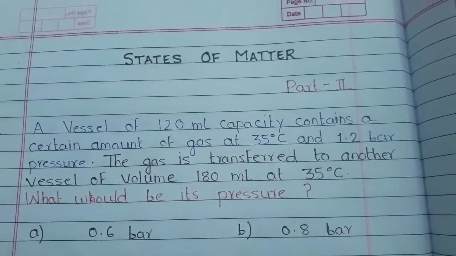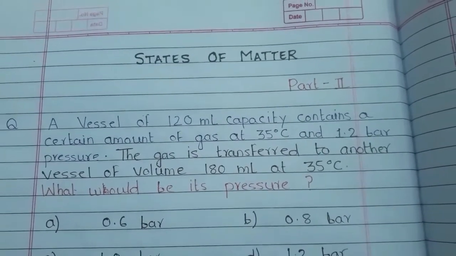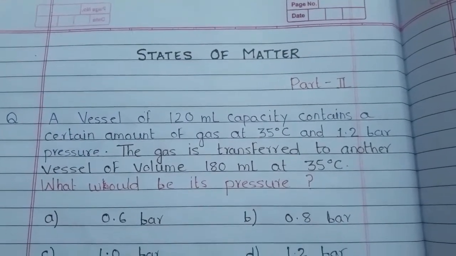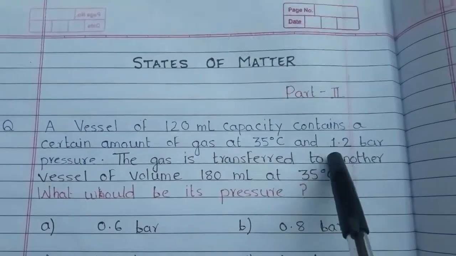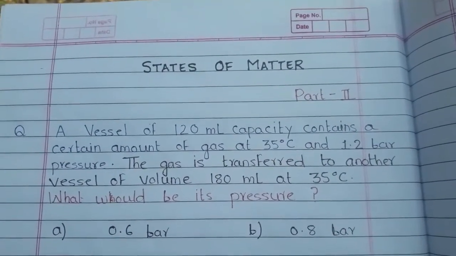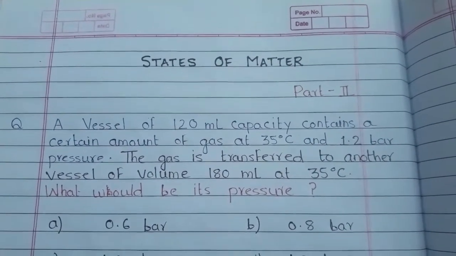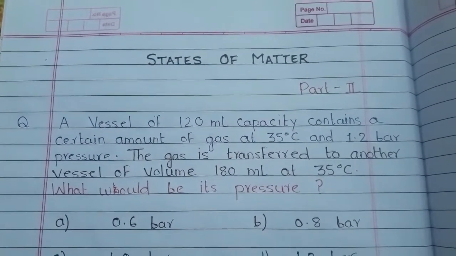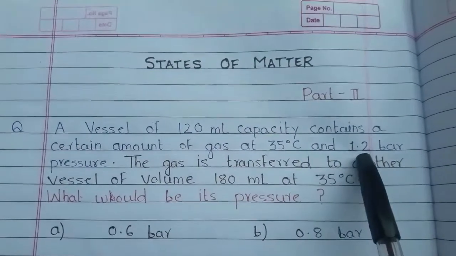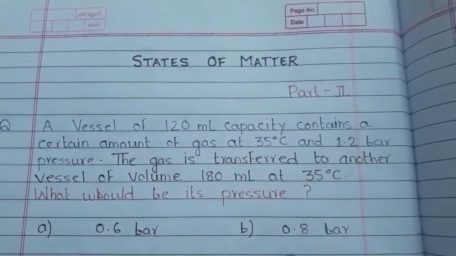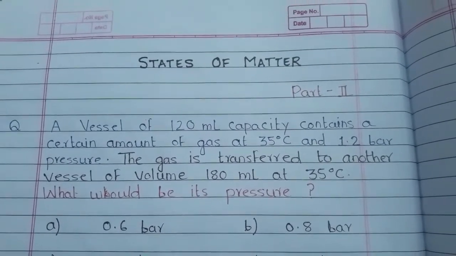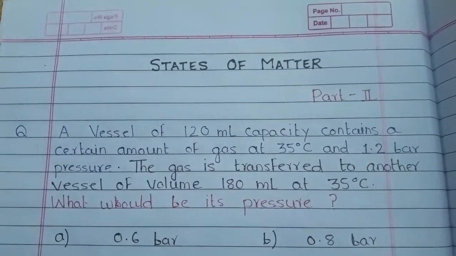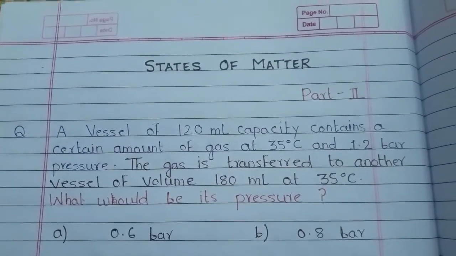तो दोस्तों, हमें यहाँ पे बताना है कि हमारे पास गैस का कुछ वॉल्यूम है जो कि 120 ml कैपेसिटी वाले कंटेनर में ऑलरेडी फील्ड है, और उसका प्रेशर हमें यहाँ पे दिया हुआ है 1.2 बार, और टेम्परेचर रूम टेम्परेचर पे आप कह सकते हैं, जो कि 35 डिग्री सेल्सियस है। अगर हम इसी वॉल्यूम ऑफ गैस को दूसरे वेजल में जिसका कैपेसिटी है 180 ml, सेम टेम्परेचर पे ट्रांसफ़र कर देते हैं, तो इसका प्रेशर क्या होगा, कम होगा या ज़्यादा होगा? अगर कम होता है तो कितना कम होता है, ये हमें पता लगाना है। तो आज के इस सेशन में हम ये फाइंड आउट करने वाले।